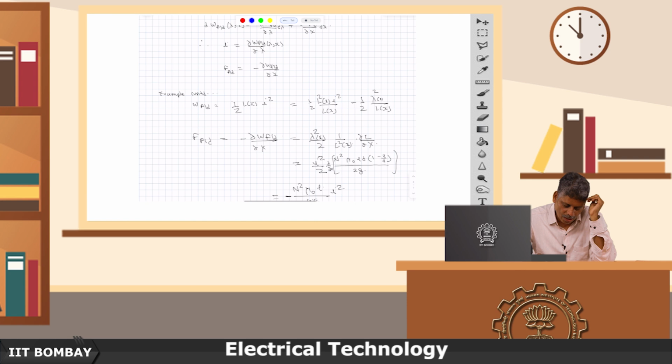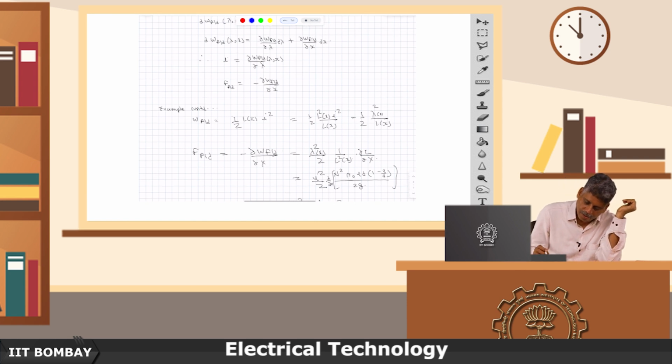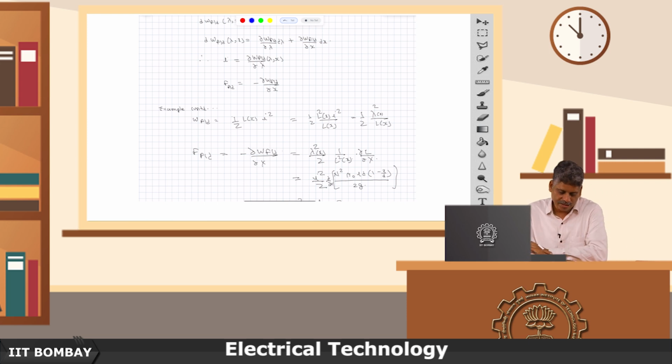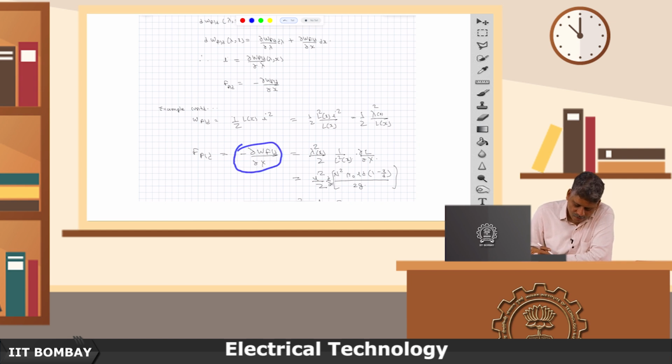And now this lambda should be fixed. When we are calculating the force, it is a partial derivative with respect to x. So, it is as if the lambda is fixed, and then we calculate f_fld as minus del W_fld